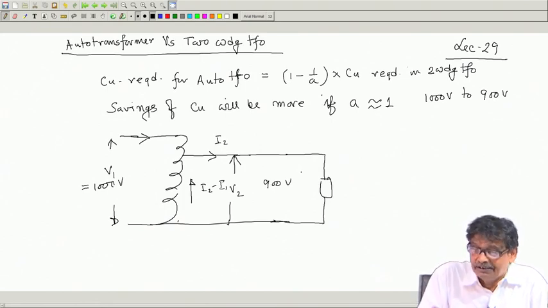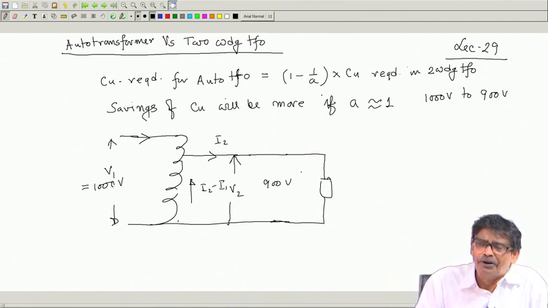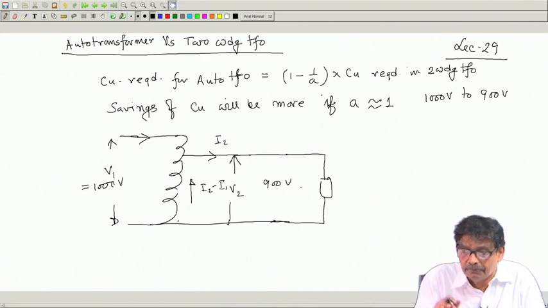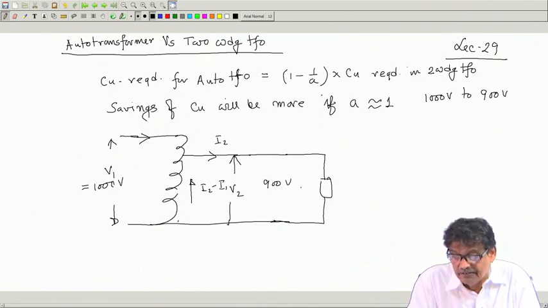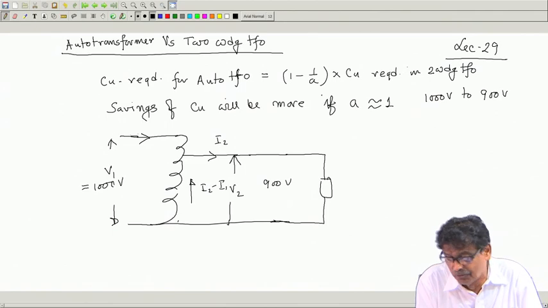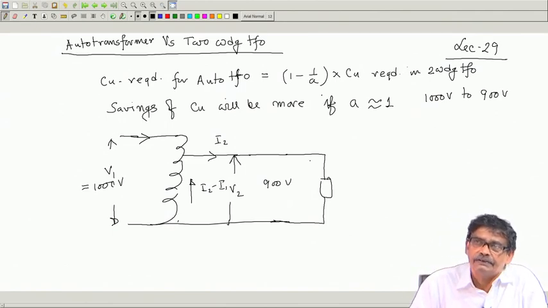So, not only will the savings of copper be more, but isolation is also not a big issue, in the sense that when this voltage and this voltage are at a comparable level, voltage will shoot up from 900 to at best maximum 1000 volt. What percentage of increase is it? 10%. Therefore,